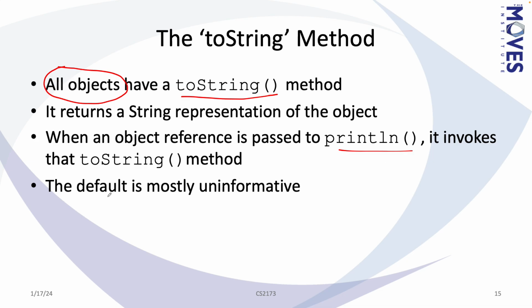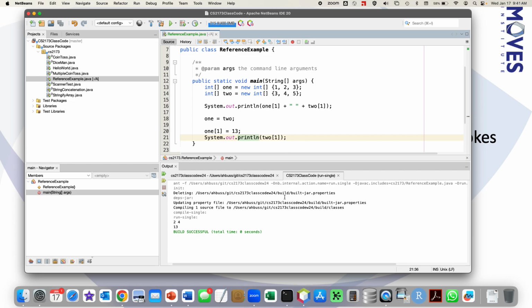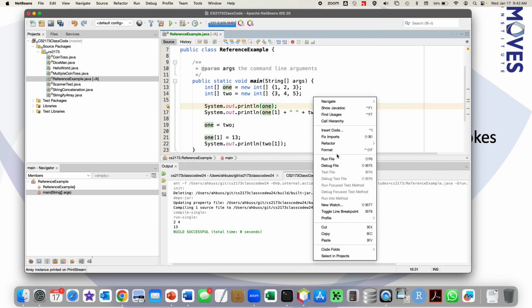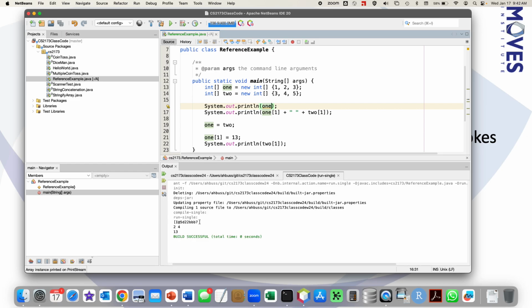Now, because every object has one of these, the default is mostly uninformative. In fact, if you remember back here, this is the toString of this array. And if you know how to decode it, this is the quote address.